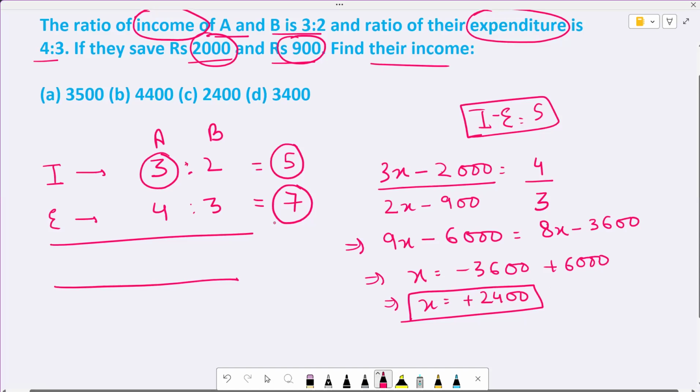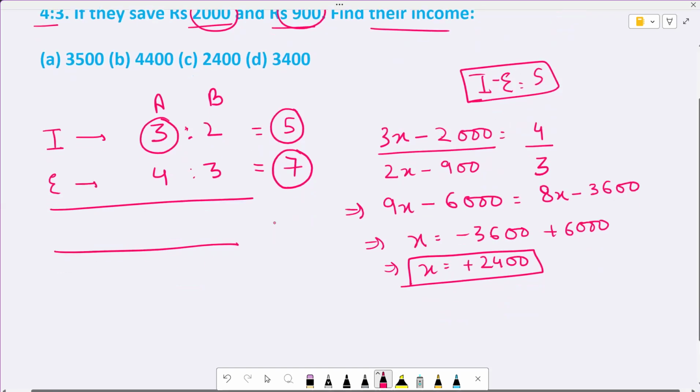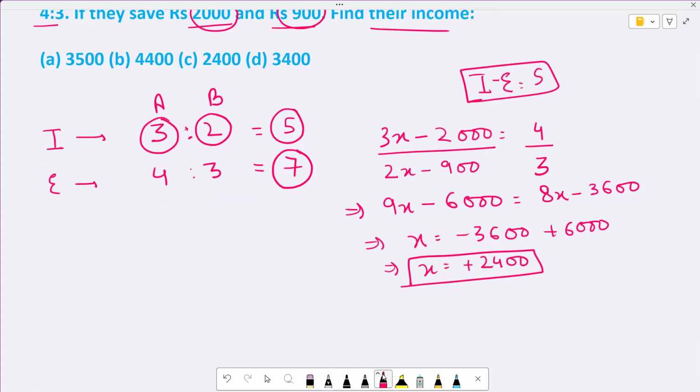And the income of, so find their income. So there they're asking the sum or what? Because the options might be wrong here in this case. So when we need to find their income, we simply need to multiply here, like 3 and 2. So this was the saving part, this we didn't have to do in such a way. So income of A will be equal to 3 multiplied by 2,400 and income of B will be equal to